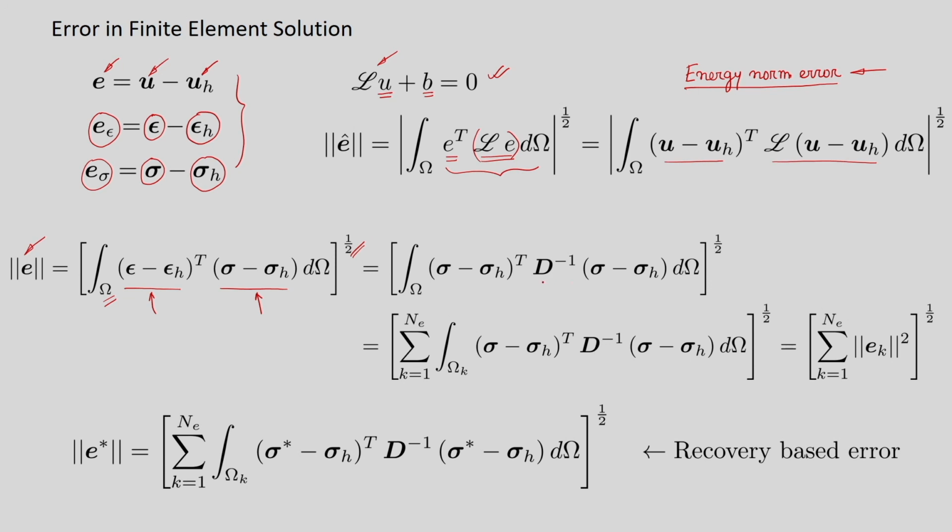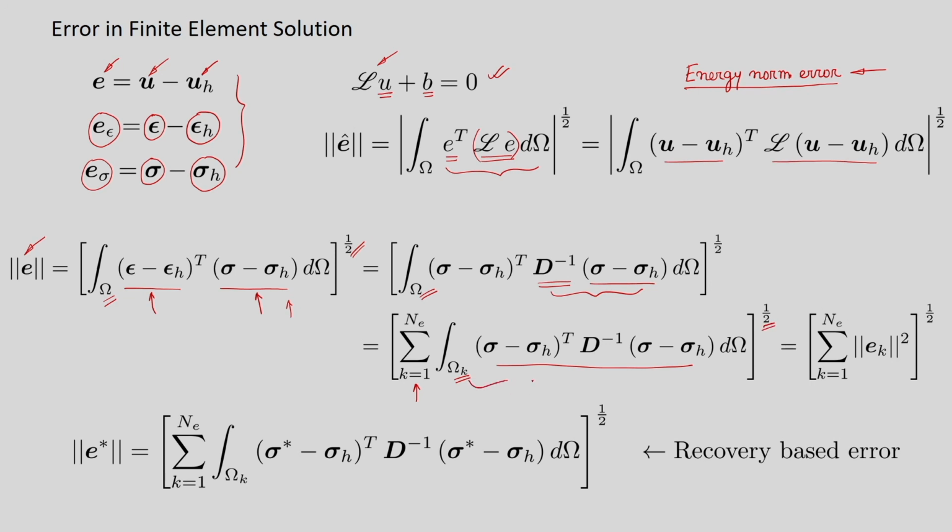So, the strain, if I write it as the elasticity matrix inverse, then it becomes a compliance matrix times the stress vector, or error in the stress vector. So, this gives basically the error in the strain vector, alright. So, this is the same as the earlier definition, alright. Now, instead of integrating over the whole domain, what we do in the finite element method, as in the case of element stiffness and element force vector, is calculate the same thing over each element omega k and sum it up over all the elements, alright. So, we will find the contribution of each of the elements, sum it up over all the elements and then take the square root of that, alright.